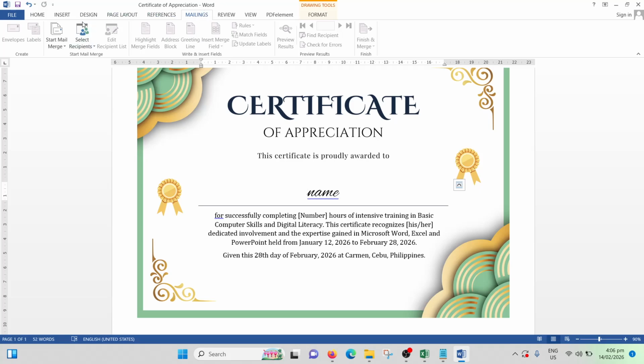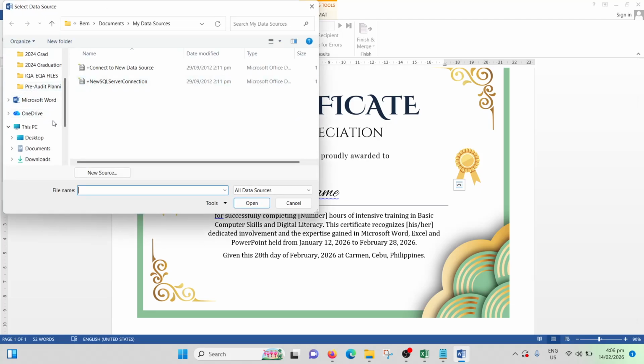Then we will start the mailing setup. So in Microsoft Word, you go to mailings, and under mailings, you select recipients, this one. There are three options: type a new list, use an existing one, and choose from Outlook contacts. In this case, we will use an existing list because we have already defined one. We'll look for the file, which is stored in my desktop, in activities, mail merge, then select this one, open.